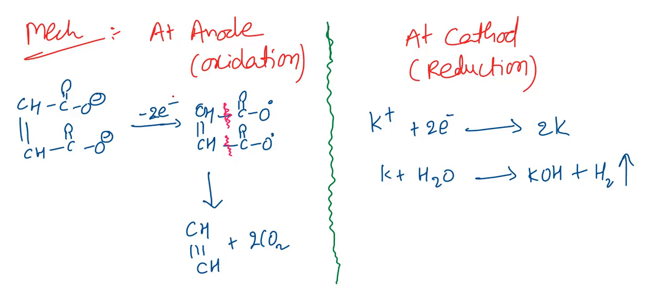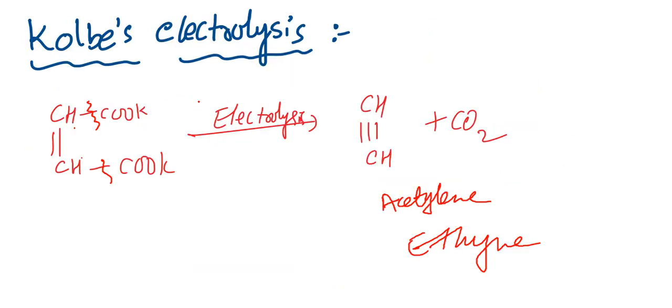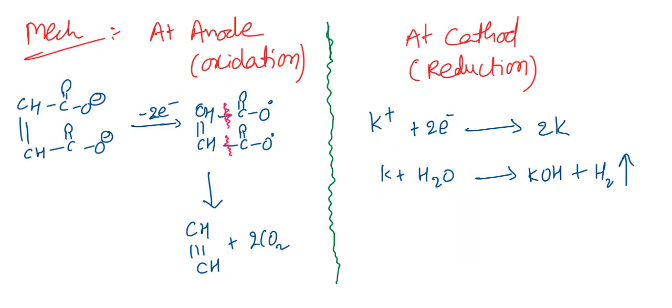See the mechanism. We are doing electrolysis. In the electrolysis, anode and cathode will be there. At anode, always oxidation reaction takes place. At cathode, reduction reaction takes place. Oxidation means generally losing of electron. We are taking carboxylate, so it is an anion. Anion goes to anode, getting oxidation. Cation goes to cathode, getting reduction.